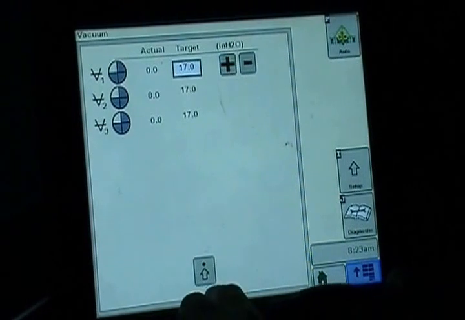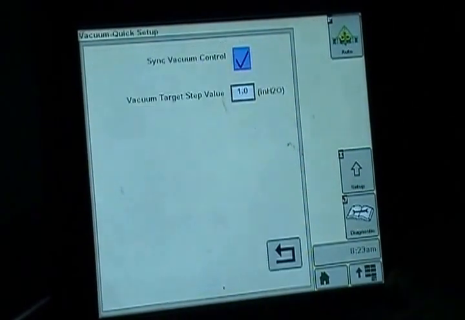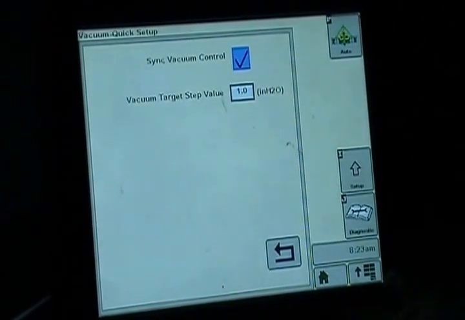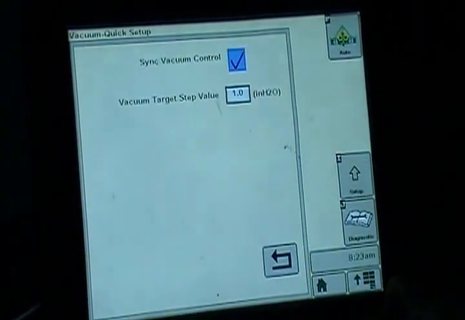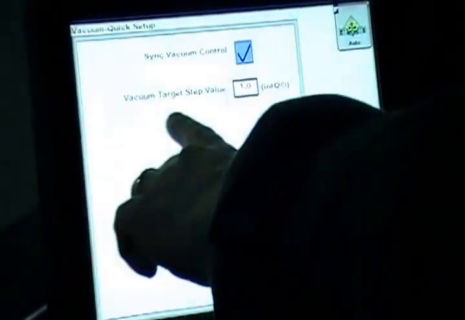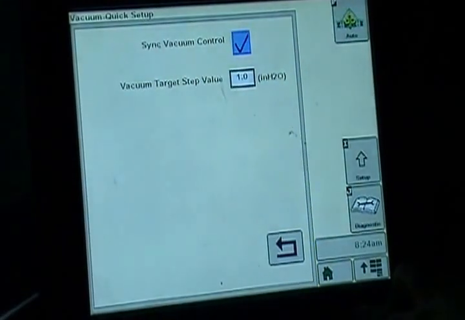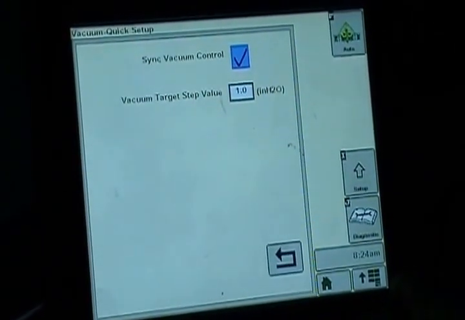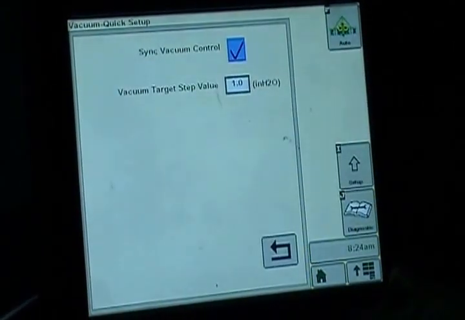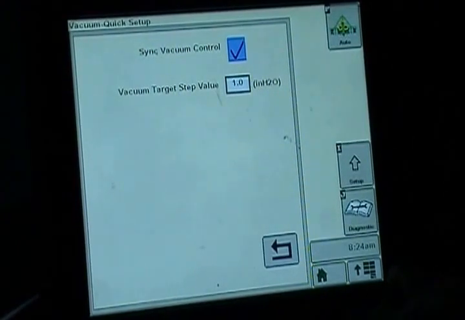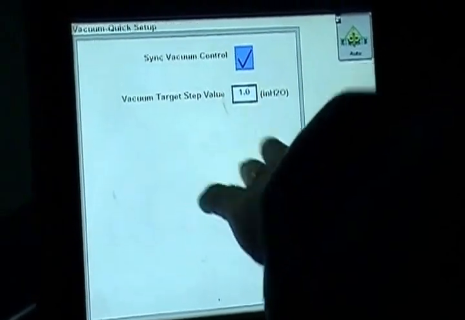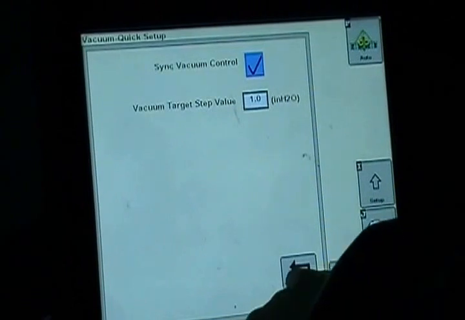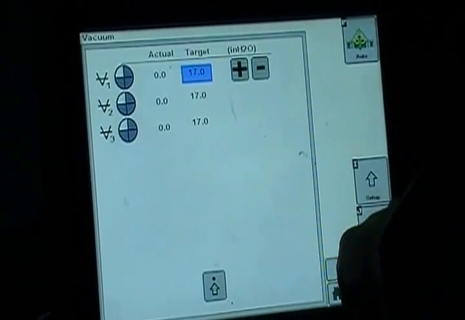So if I need to make some changes, I go in here to my setup, and this is if I want to sync all the vacuums together, and then this is my step value. So if I want to just bump it up 1 or bump it down 1, I would put 1.0 in here. When I make an adjustment with my plus or minus button, if I want it to go up 2, I would put a 2.0 in there. So my other button over here is my setup button. So I'm going to go into setup,